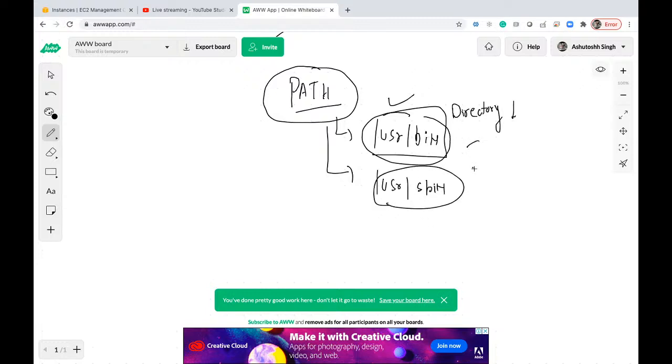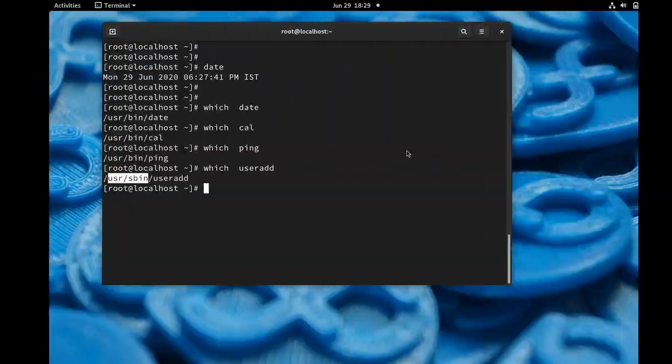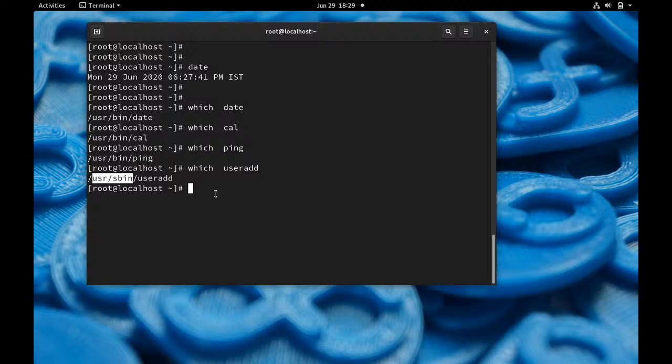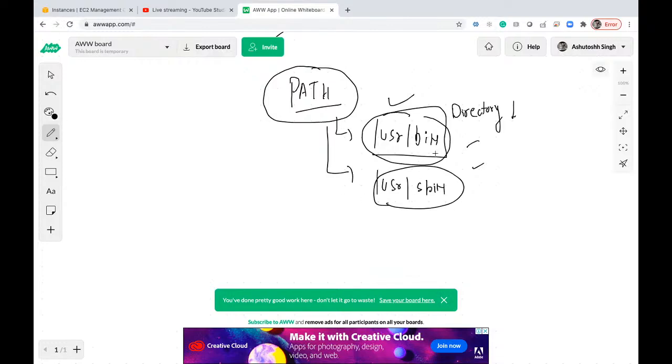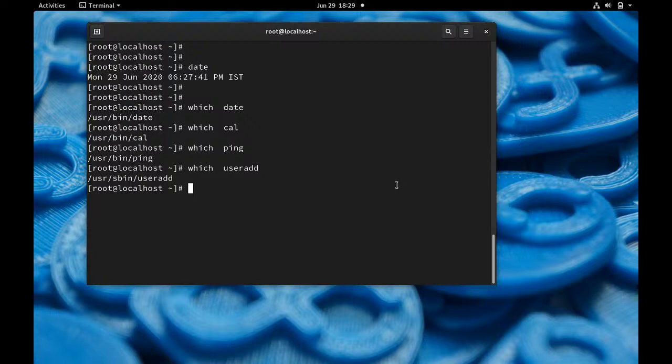Likewise, you have number of locations that is already defined by Linux or any other operating system as well. Okay, so simply you have to understand this in a very particular way, the list of directories that is already there in the path. But I cannot keep finding like this with the which command. So how can I check all the locations that are stored under path variable? Okay, so here